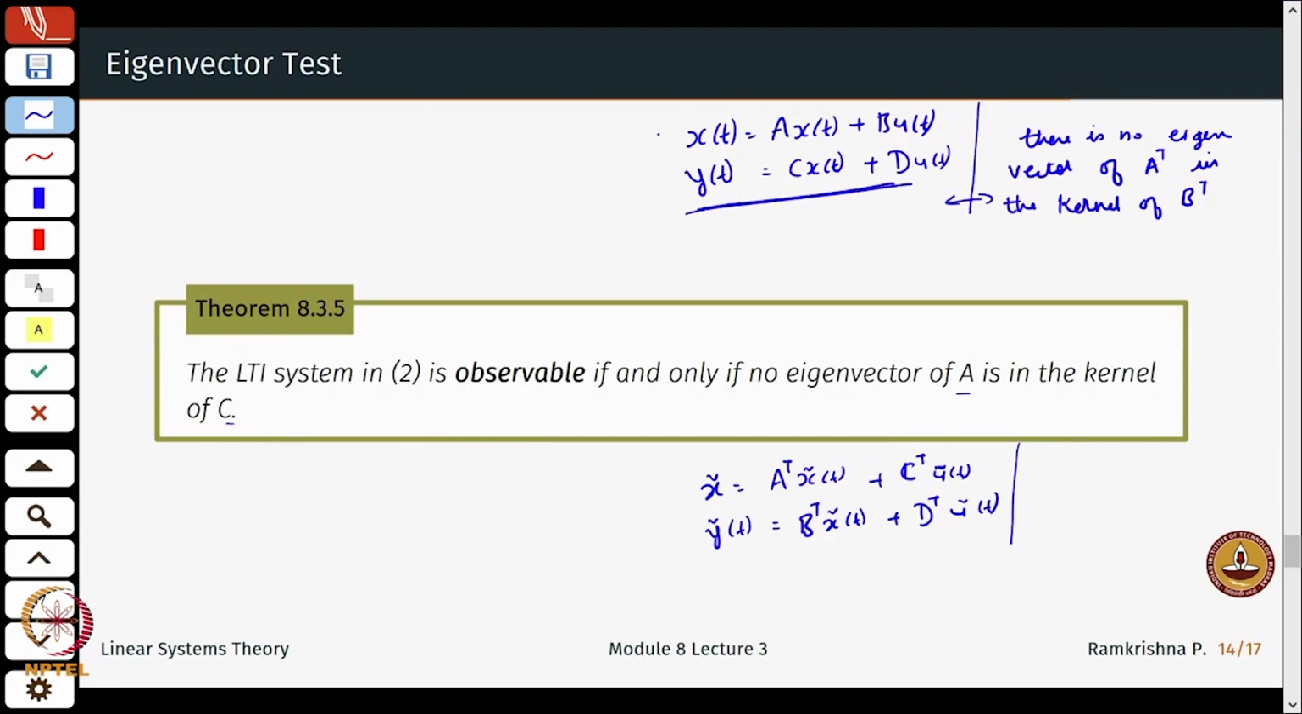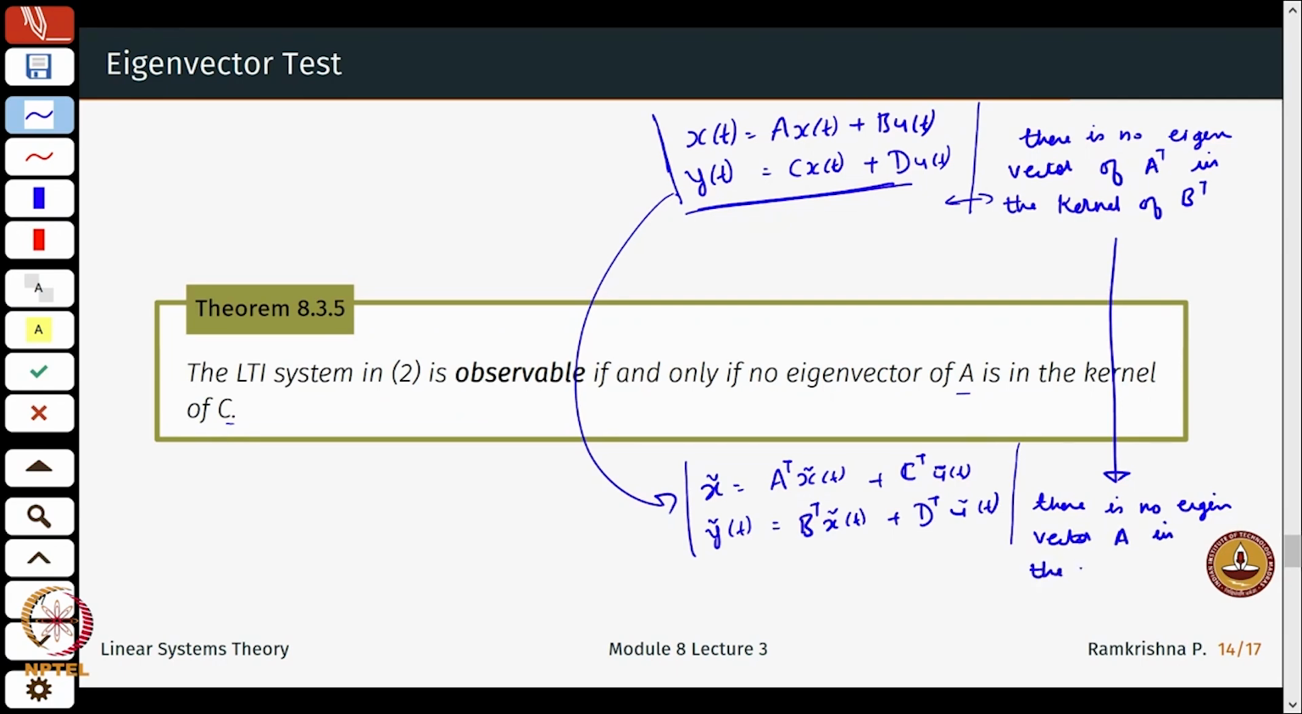Okay. Now, what about observability of the system? The observability of this system is equal to saying controllability of the dual system. Now, let us write down the eigenvector test for the dual system. Analogously, the system is controllable if and only if there is no eigenvector, so this A transpose here becomes A, in the kernel of C. This is the eigenvector test